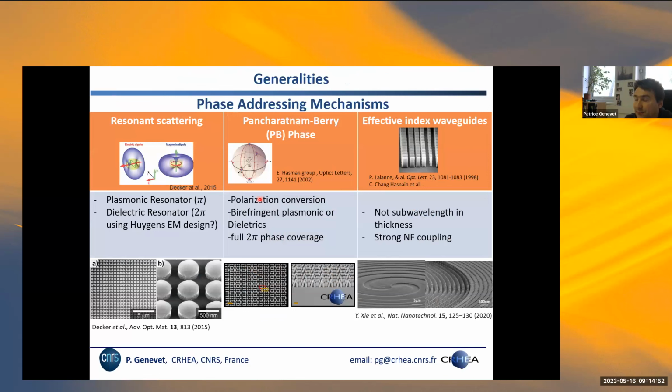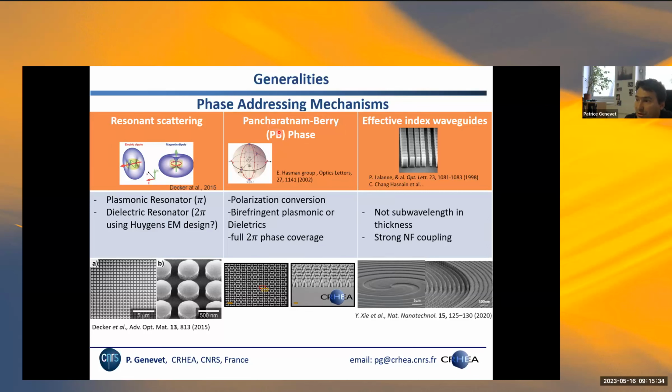So the way we design metasurfaces, it works by essentially engineering the light interaction with nanostructures, as I mentioned, that are disposed at the interface, and we rely on a variety of physical mechanisms to control the actual transmitted properties of light. In fact, we have identified 3 main mechanisms that can be useful for the design of metasurfaces. The first one is called the resonant interaction, resonant scattering of light, where light resonantly couples with the internal modes of the nanophotonic system, which could be plasmonic resonators or dielectric resonators. The second mechanism is called the Pancharatnam-Berry phase.